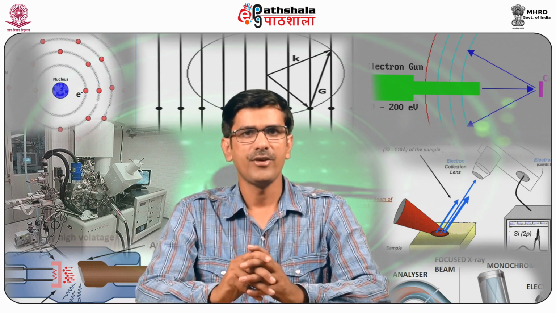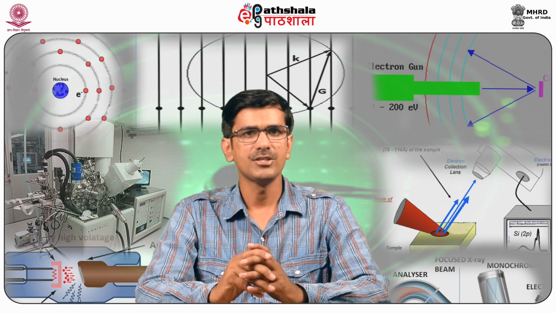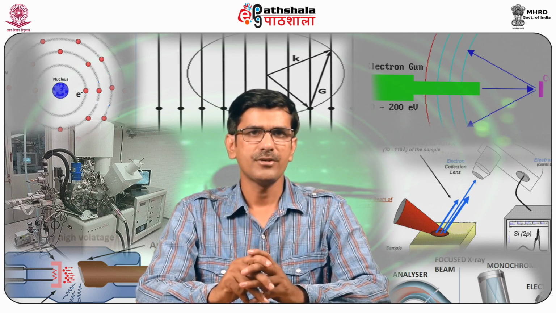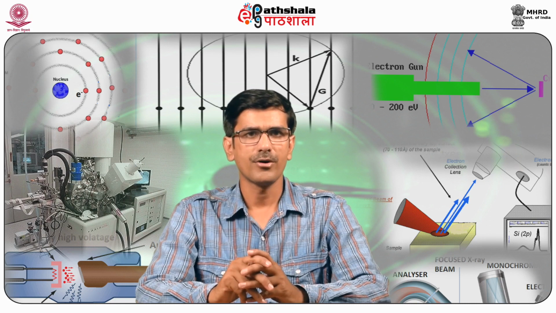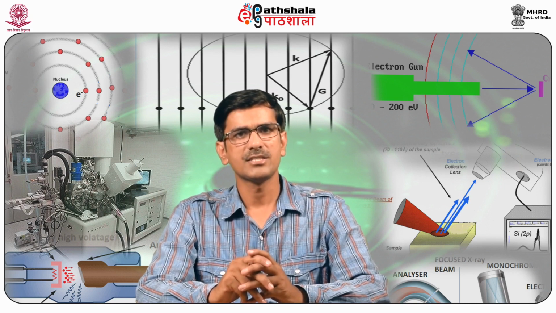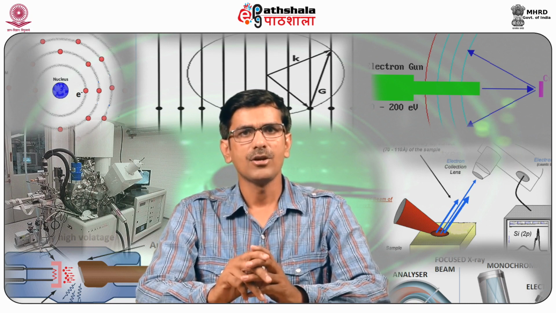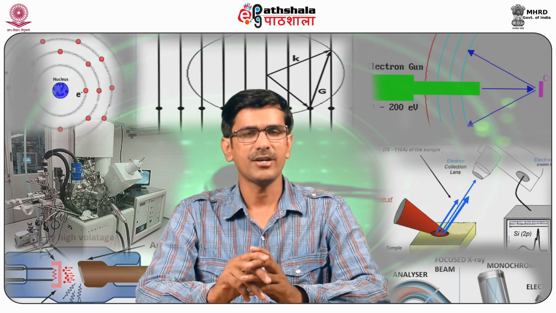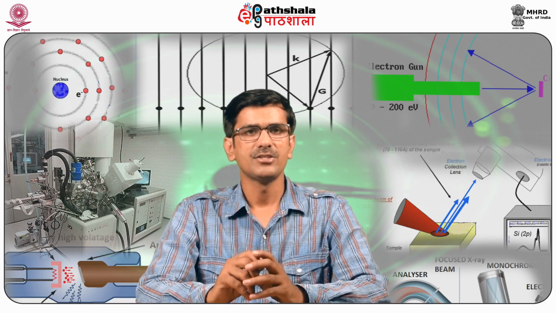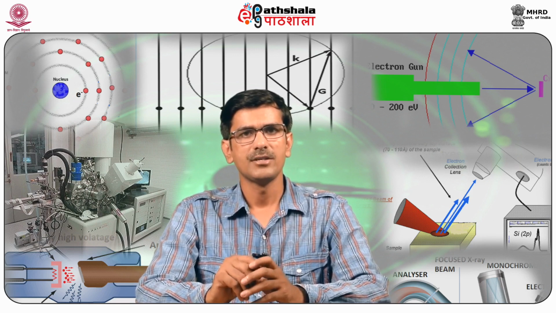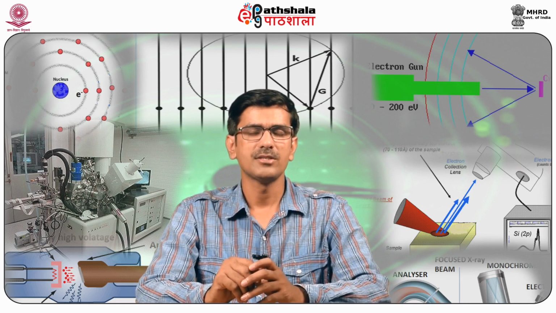X-rays are generated when an electron beam of high voltage strikes a metal anode in an evacuated X-ray tube. A collimator can be as simple as a long metal tube or more complex, such as in polycapillary collimating optics that are used in micro X-ray diffraction, which is just like standard X-ray diffraction but specialized for very small samples.